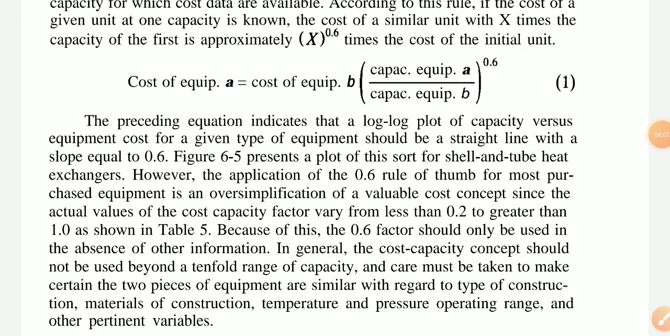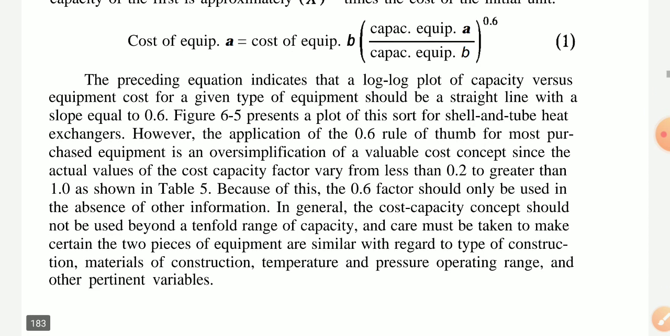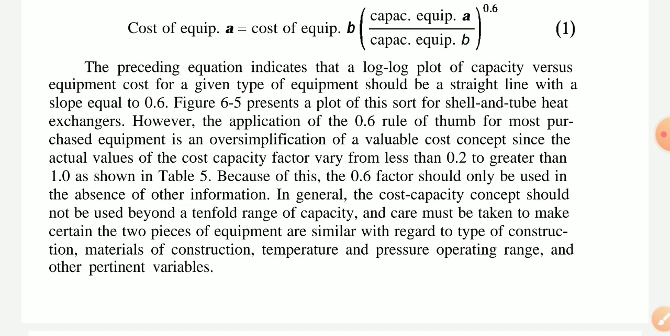Simply, check this equation. The predicting equation indicates that the log plot of capacity versus equipment cost for a given type of equipment should be a straight line with a slope equal to 0.6. Figure 6.5 presents a plot of this sort for shell and tube heat exchangers also. However, the application of the 0.6 rule